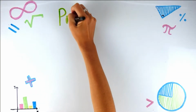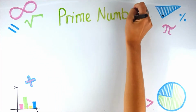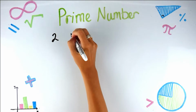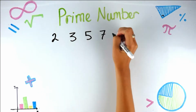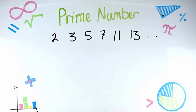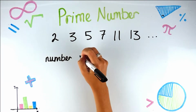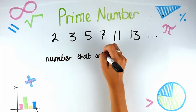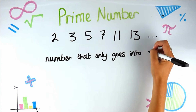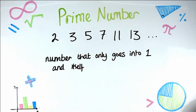Something very important to know is what a prime number is. So I'll just quickly go over this. A prime number, I'm just going to write some numbers out. Well, not any numbers, these are prime numbers, etc. So a prime number is a number that only goes into 1 and itself. Okay, so what I mean by that is